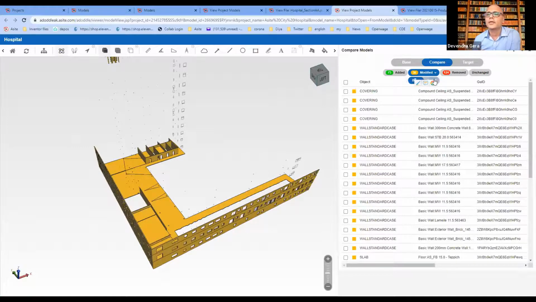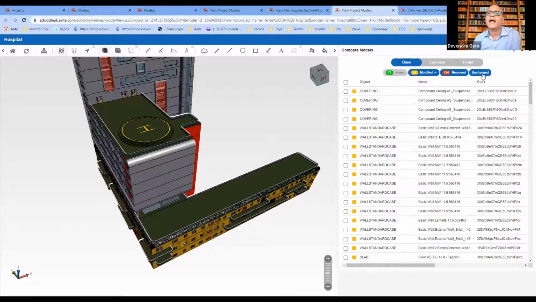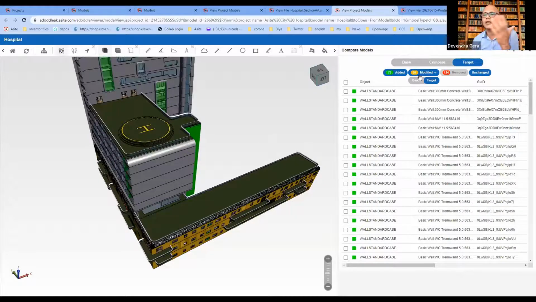So you can see what has changed, or I can select the base model, so it will show me what is modified, what is removed, what is unchanged. It won't show me added because all the entities were added in the target. So if I click on target, it will show me what's added, what's modified, and removed was again from the base model, and what's unchanged.